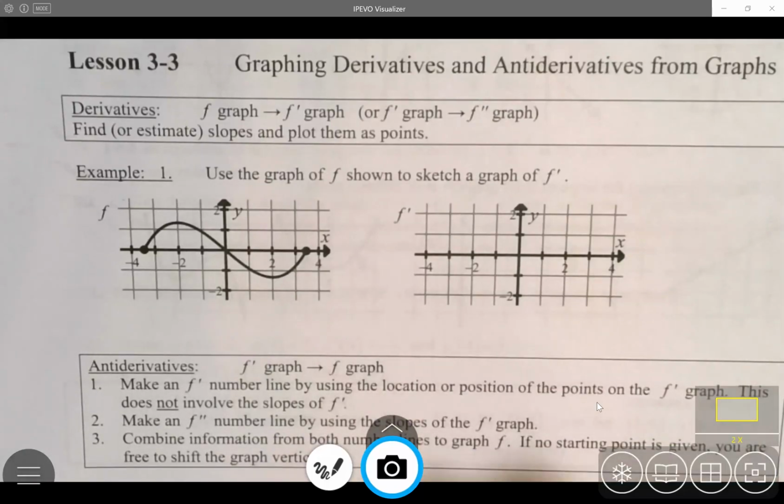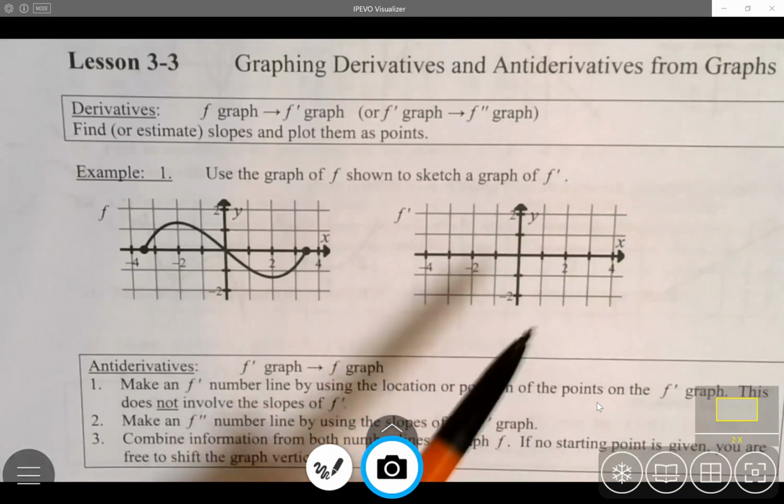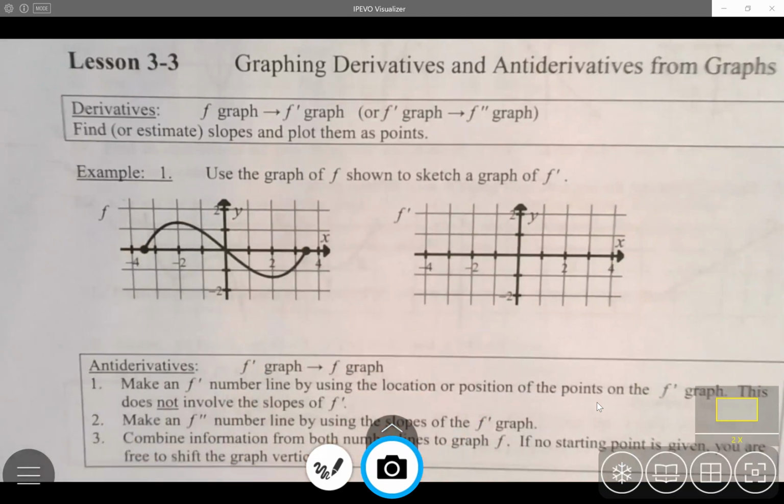All right, you guys, we're going to start lesson 3.3. This is going to be really fun. We're going to draw the graphs from an original graph. We're going to graph a derivative, and from a derivative, we're going to go backwards and graph the graph. So this is going to be using our knowledge about what a derivative is and what the second derivative means to an